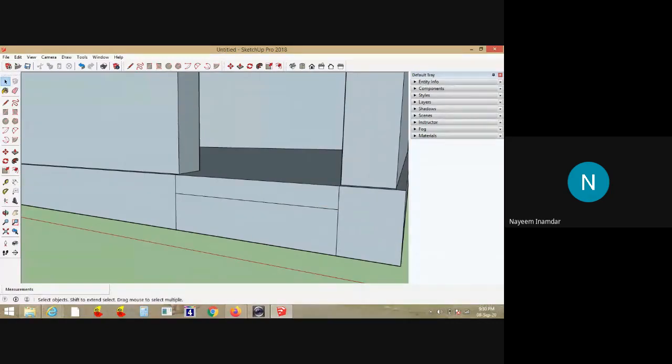So once again, one more line you can do, or otherwise you can copy it with reference to this point. How to copy it? There are two methods. Whatever I just now went through is one method. One more method is just click on this line. Whenever you click any entity, it will appear in the blue color. I am selecting this line, and I am clicking this command move.